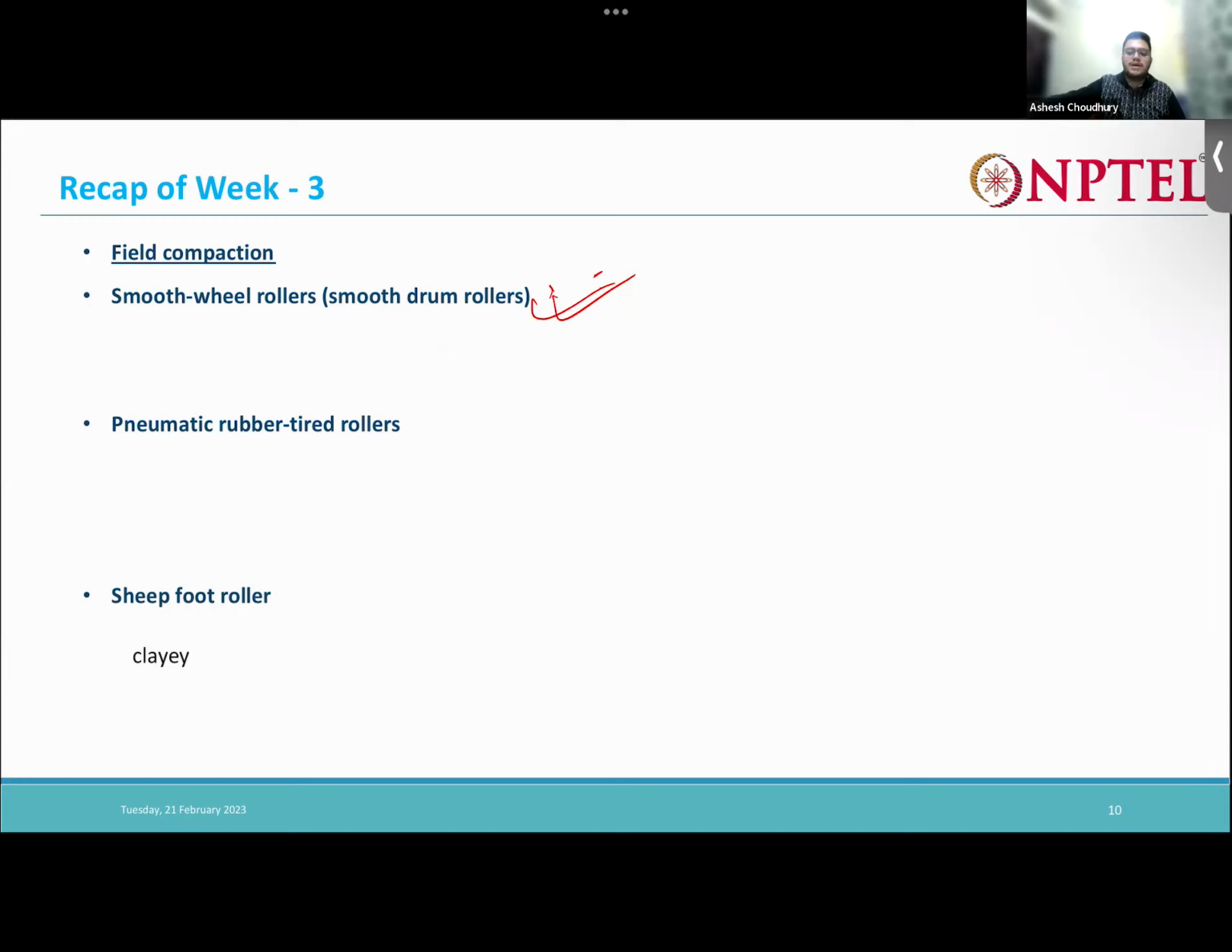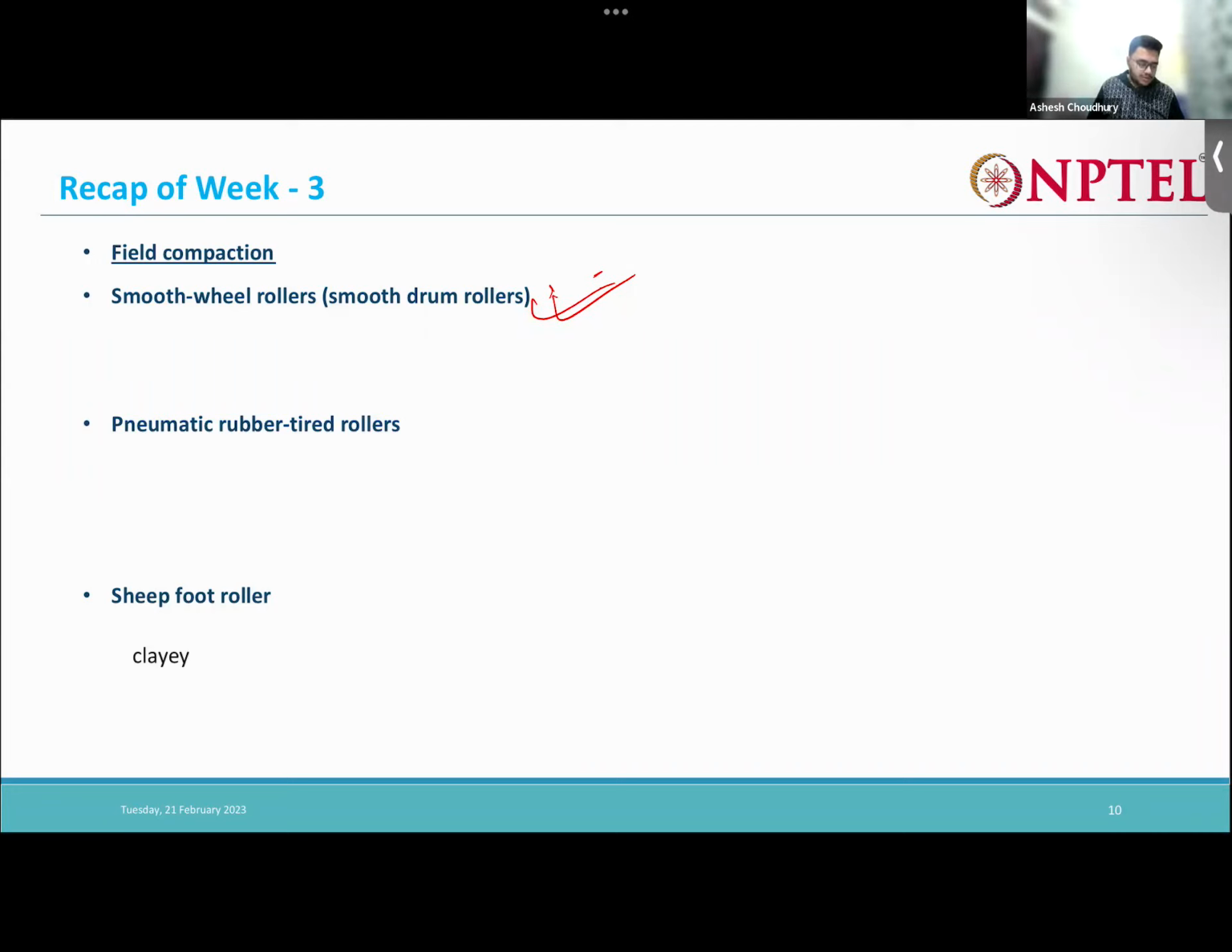In the embankment, to roll the initial soil, we use a smooth wheel roller. These are actually used for finishing up. As the wheels are very smooth, they give a plain, smooth finish to the soil, and they can be used for both clay and sandy soils. Then we have the pneumatic